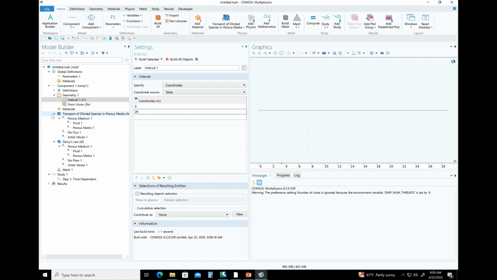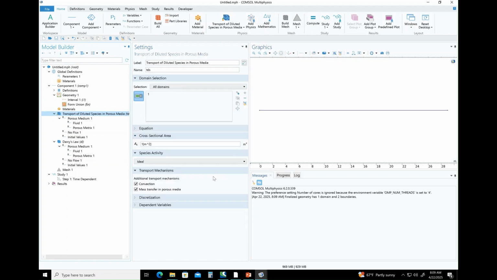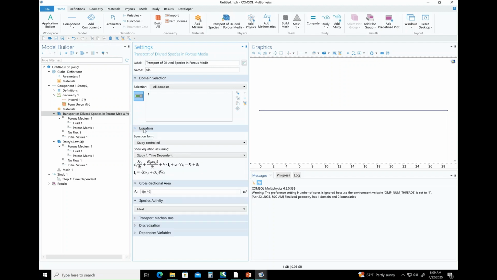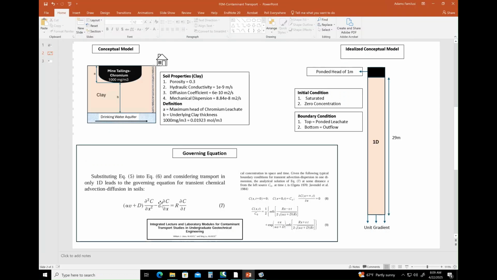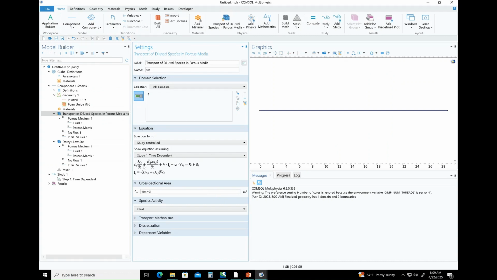And the next thing is we're going to go to our transport of diluted species in porous media, and we're going to input some of the properties we have already. So here it's telling you that there's going to be convection and mass transport. This is the discretization we're using, linear. I won't talk much about this. For the equation, just to confirm, the equation I'm showing you from Lico's paper here that governs the contaminant transport, that's the same thing we've selected here. But here we have more than that. We have sorption and some other things, but those ones are assumed zero